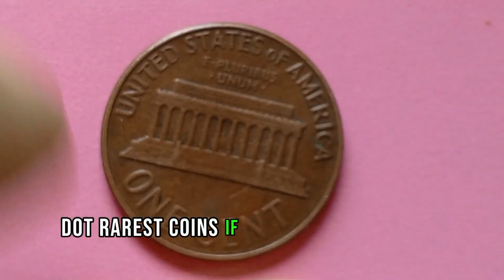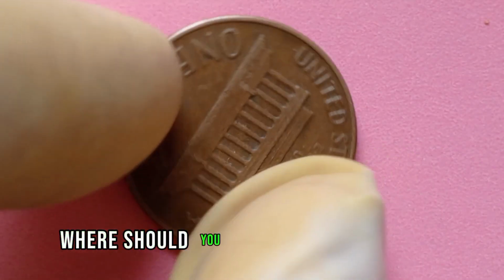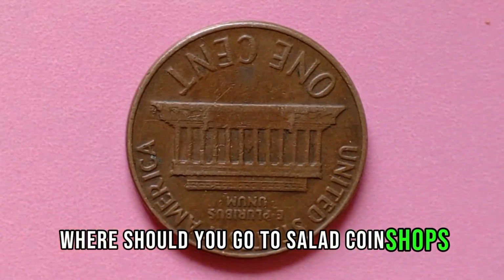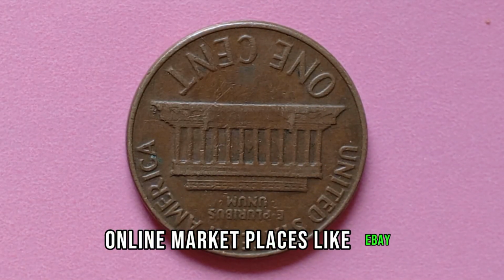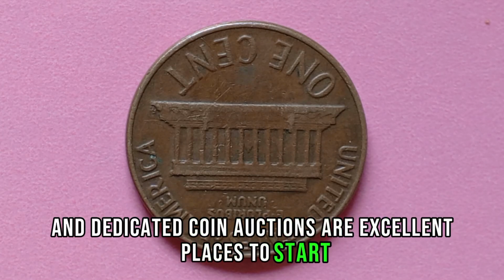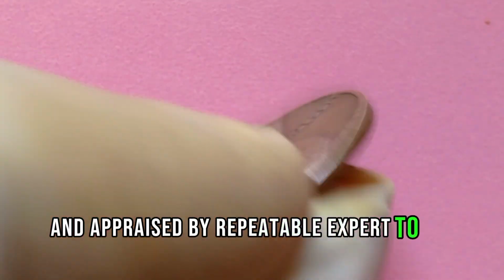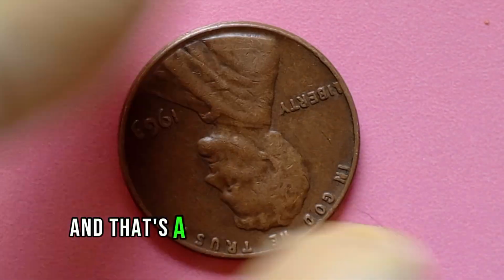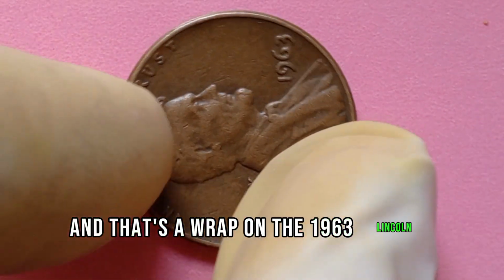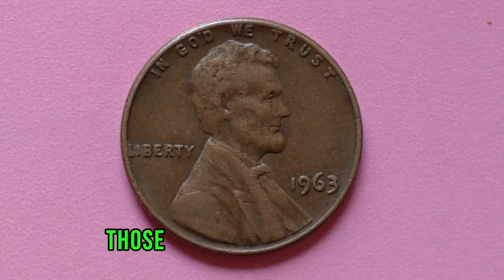Rarest coins. If you think you have a rare 1963 Lincoln penny, where should you go to sell it? Coin shops, online marketplaces like eBay, and dedicated coin auctions are excellent places to start. Ensure your coin is authenticated and appraised by a reputable expert to get the best price. And that's a wrap on the 1963 Lincoln penny. While most of these pennies are relatively common, those with rare